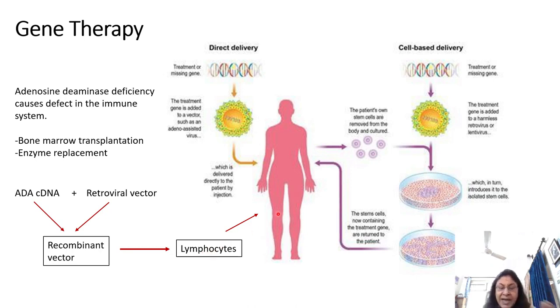All right, however, remember that these lymphocytes can last for a few months, because the entire blood keeps on getting renovated from the human bone marrow. So after some time, these lymphocytes are also going to die out. At that time, a fresh injection of these transformed lymphocytes is required, so that the deficiency can be met. Okay, so in all of these, you will see that the recombinant DNA tools are extensively used in order to make these vectors, lymphocytes, etc., and then they can directly be injected. So this way, gene therapy is possible.